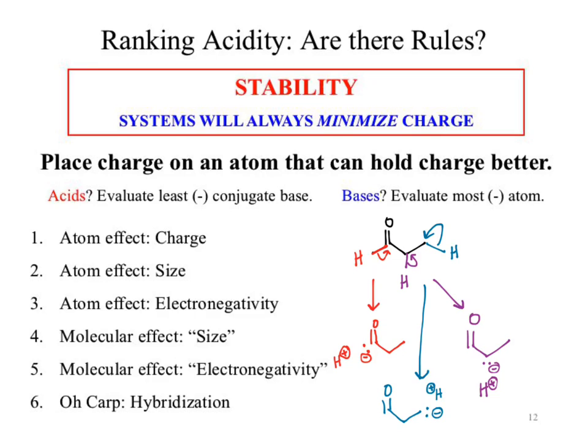Okay. So we now go through and look at those and decide which of those generates the most stable conjugate base. So we'd start with charge. They're all negative, so that doesn't help. We'd move to an atom effect, which is size. They're all carbon, which means they're all the same. We move to an atom effect of electronegativity. They're all carbon, so there is no difference. Then I'd move to a molecular effect of